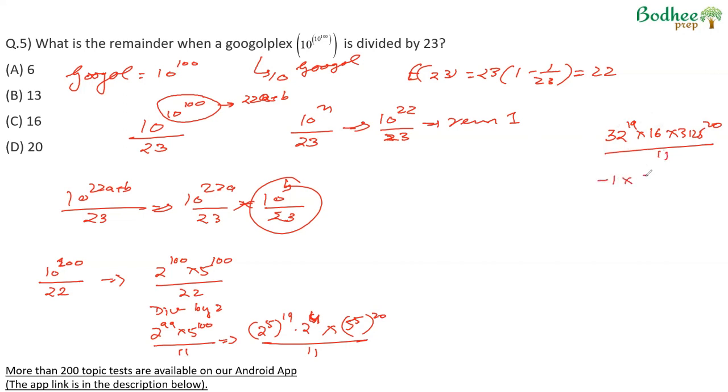16 will leave a remainder of 5. 3125 will leave a remainder of 1. So the overall remainder is -5, which becomes 11 minus 5, or 6, becomes the remainder. Now, if 6 is the remainder, we can say that 10 raised to power 100 here can be written as